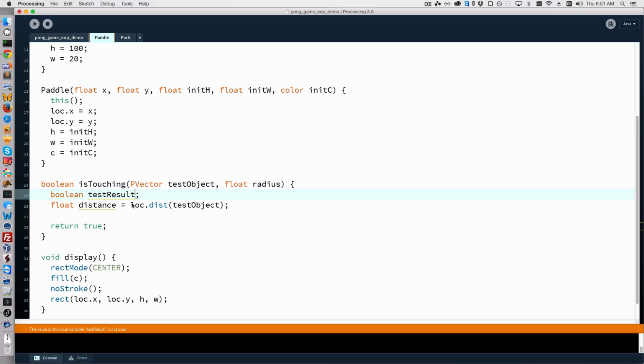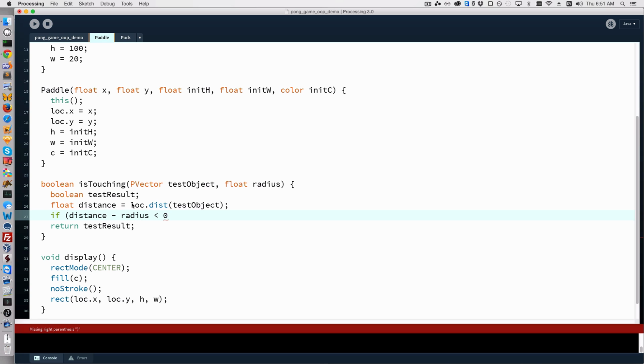And then we're going to pass that at the end. And here we're going to say test. We'll say if test, no, sorry, not test result, if distance minus the radius is less than